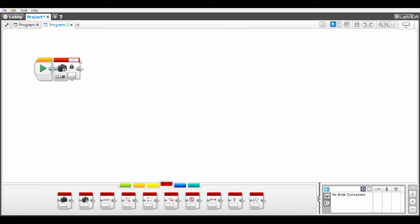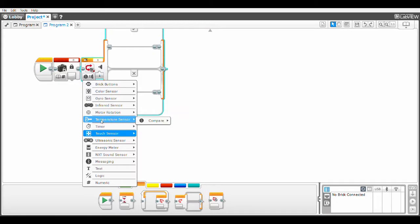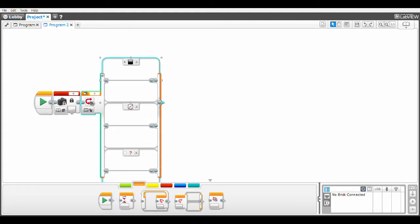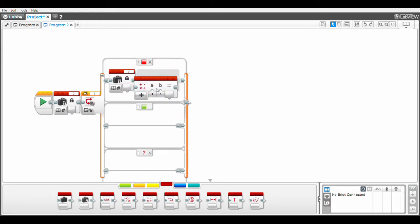I'm going to do the constant thing, set this to 0, then we will put in a switch, go to color sensor, compare color. Actually, no, we want to measure color. Add, and this would be green, red. Those are the colors of the balls. My color sensor would add up, and basically what this is going to say is, if you see these, read constant 0, add into a math problem, plus 10 equals a variable,